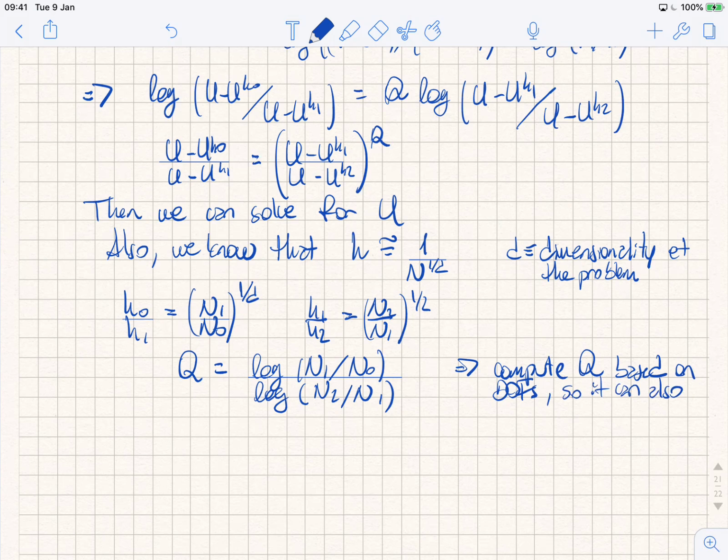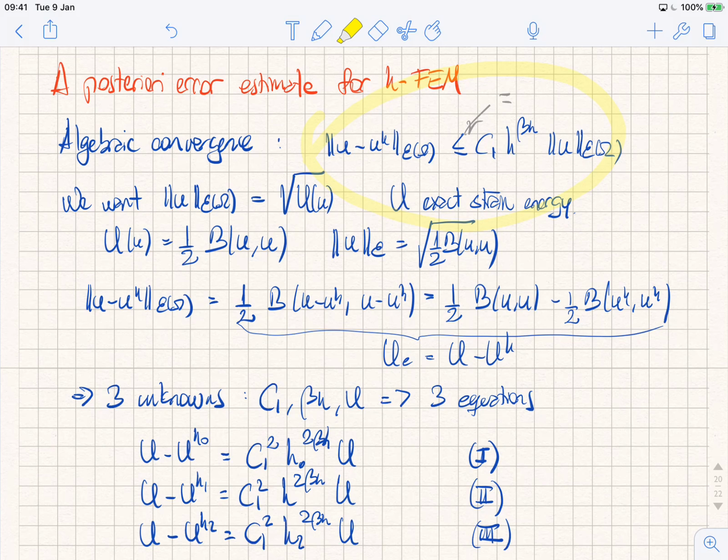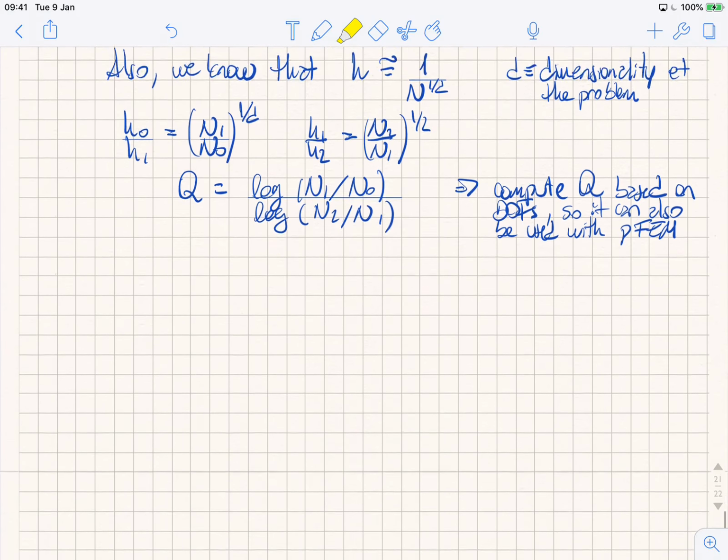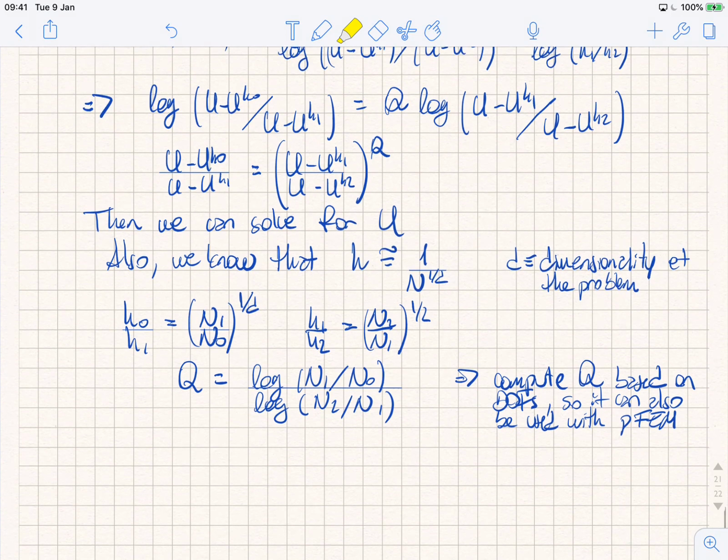And so what did we do? Very simple. Let's do a recap. We have our algebraic convergence. And for that, we said we have three unknowns there. UH is something I know because it's my approximate solution. U is what we don't know, our exact solution. And then we have these constants. So we have three unknowns. We write three equations. By working a little bit on those three equations, we managed to write a nonlinear equation to find the value of the strain energy, the exact strain energy U. And this is all I have to say about